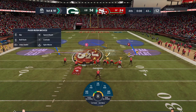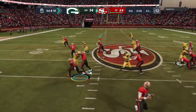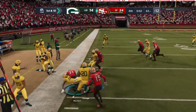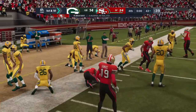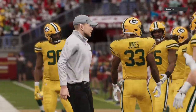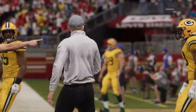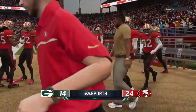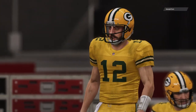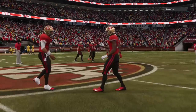Six go! Check 6! On 1st and 10, it's Mostert. And taking it across midfield and inside the 45. Packer fans, and not to mention members of this defense, likely hoping to forget what Mostert did to Green Bay in the NFC title game last year. 29 carries, 220 yards, and an NFL